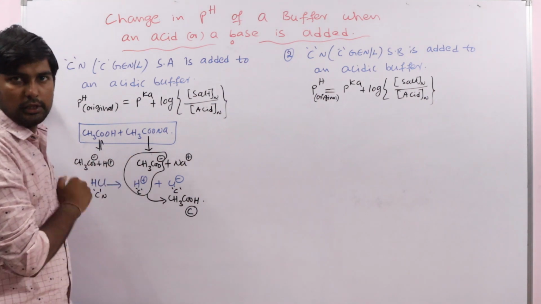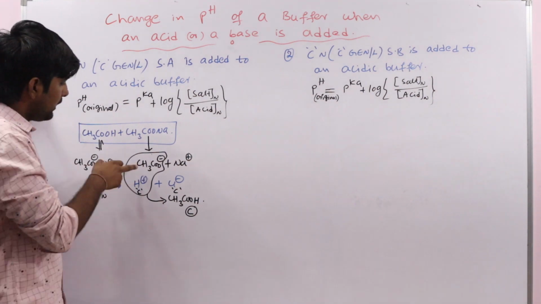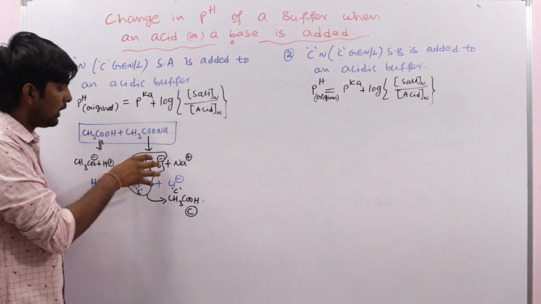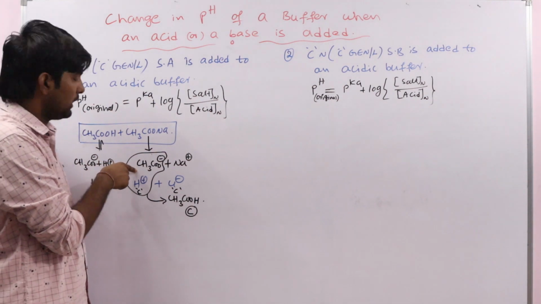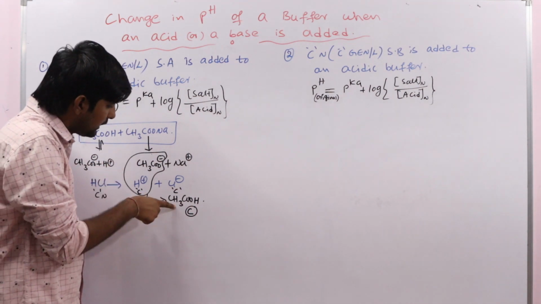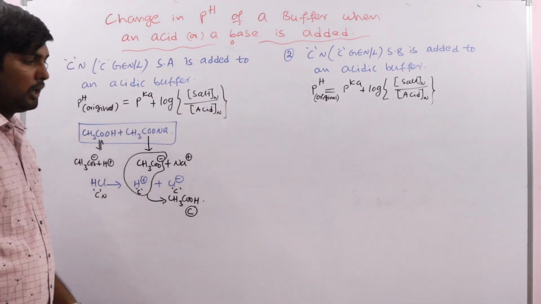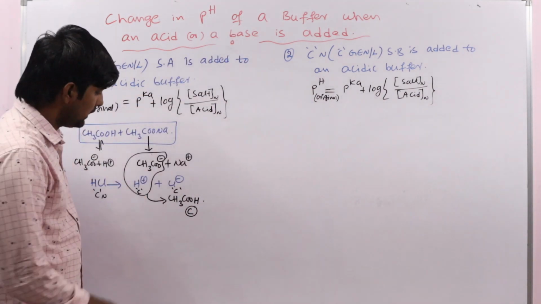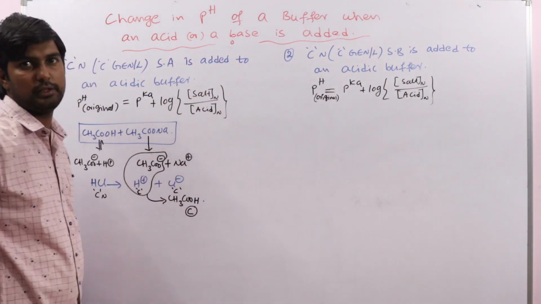These are originally present in the buffer solution. When you add a strong acid, the H plus ions from the strong acid react with the acetate ion present in the buffer system. Now the overall salt concentration, or the conjugate base concentration, see this is the conjugate base of this acid, yes or no? Its concentration is decreasing. By combining these two, they give acetic acid. So when you add strong acid to the acidic buffer, overall, salt concentration decreases and acid is formed. Which acid? Acetic acid. So acid concentration increases, yes or no?